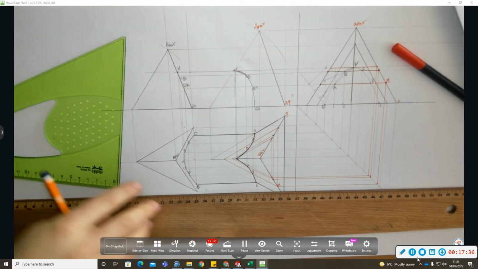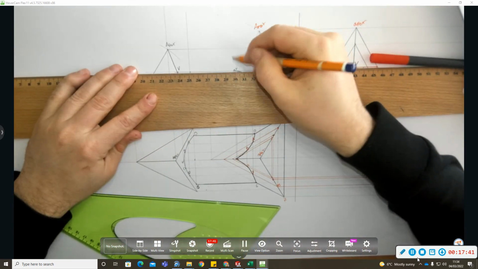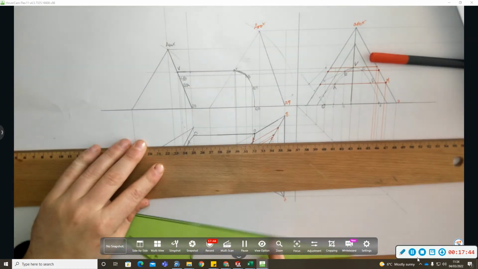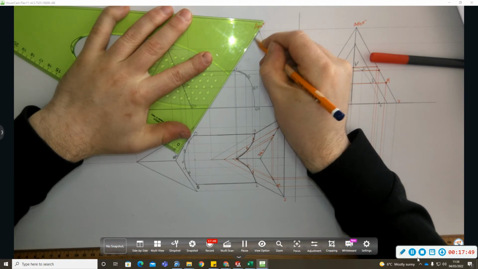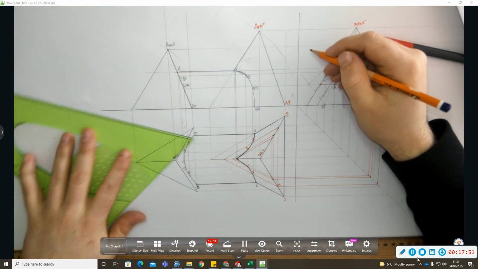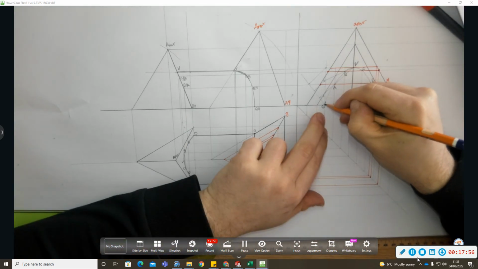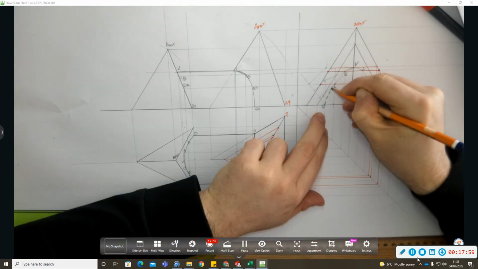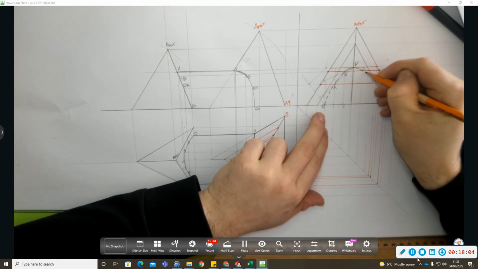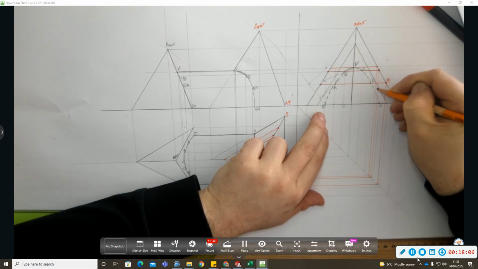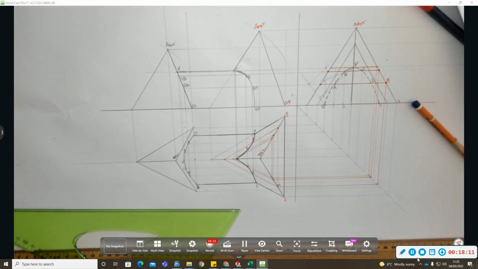Okay, there's that there in elevation. And that's that in plan, and I have to put in my hidden detail there. Right, so that's